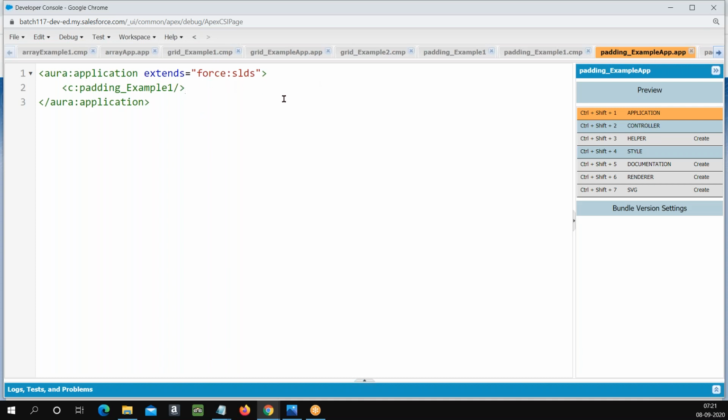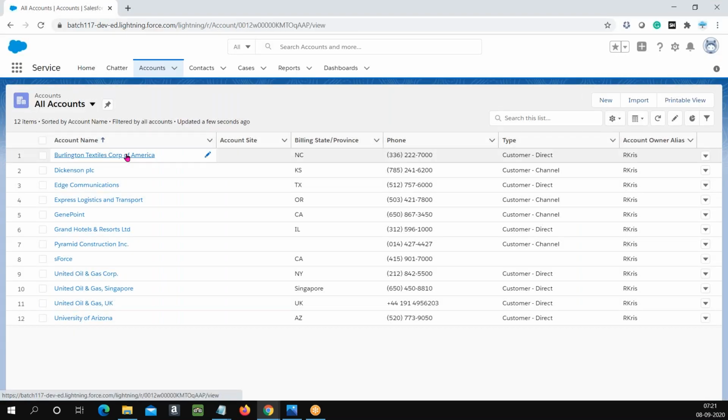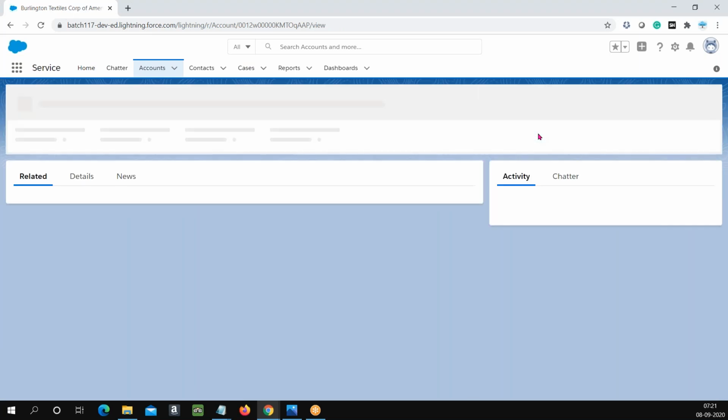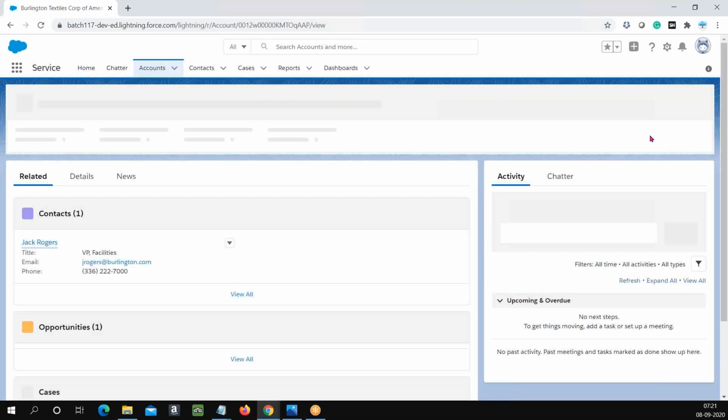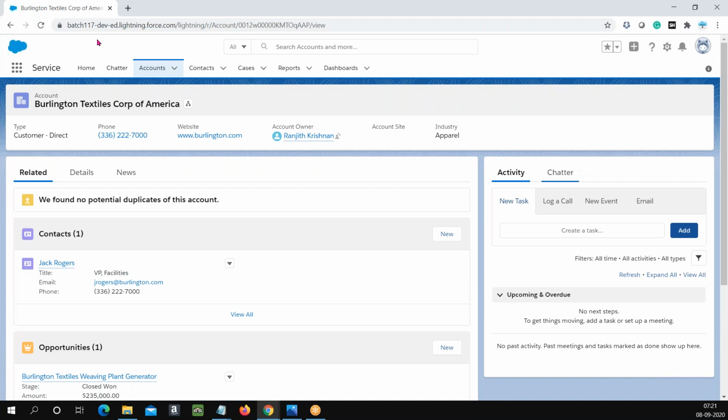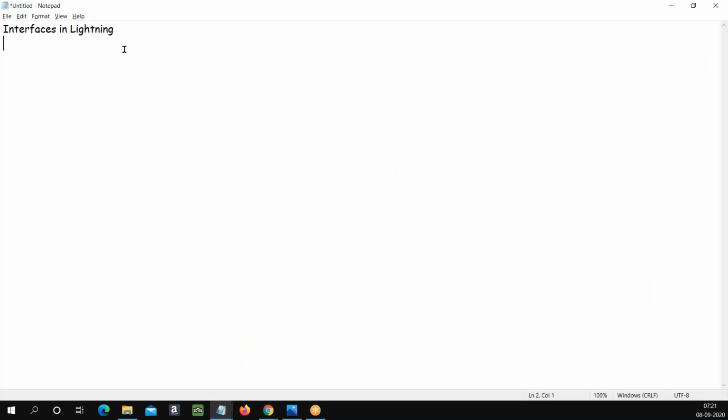So when you implement an interface with the help of the attribute called implements, then you will see the component can be placed in any of these. Either it can be a record detail page, or it can be a home tab, or it can be a Lightning application also. Okay, so how are we going to modify this page so that I can place the component? So, interfaces in Lightning,